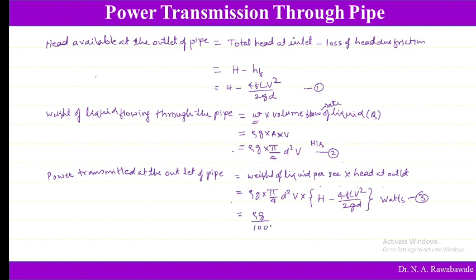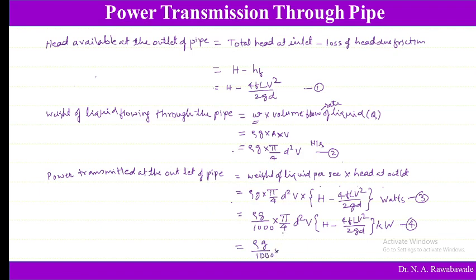Dividing it by 1000, we convert this from watts to kilowatt, that is π/4 d² V (H − 4fLV²/2gd) in kilowatt. So this is equation number 4, which gives us the power transmitted in kilowatt, or this can be written as ρg divided by 1000